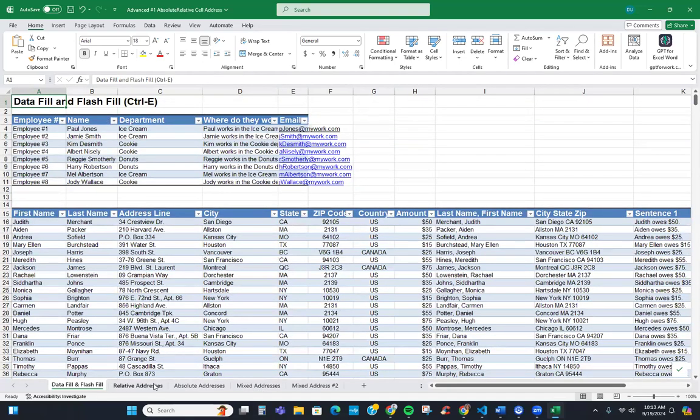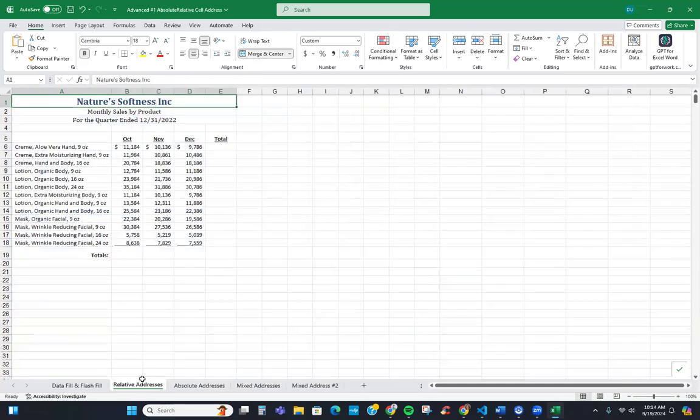I wanted to do one other thing and talk about the differences between relative address, absolute address, and mixed cell references. Relative addresses mean that when you copy a formula down, that it is going to,